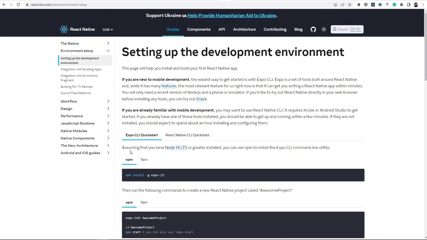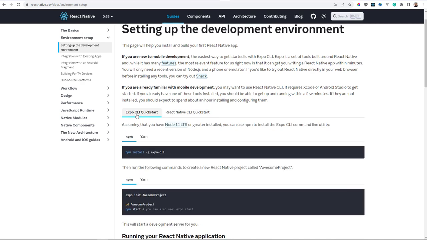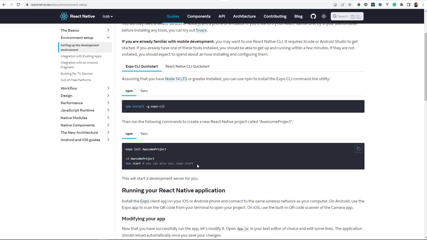Okay, so you need to come here and click on Expo CLI Quick Start, not here. So we were looking at this tab. This is a different CLI, but we want to use Expo. The reason why we want to use Expo is so when you're using React Native CLI, like you might need